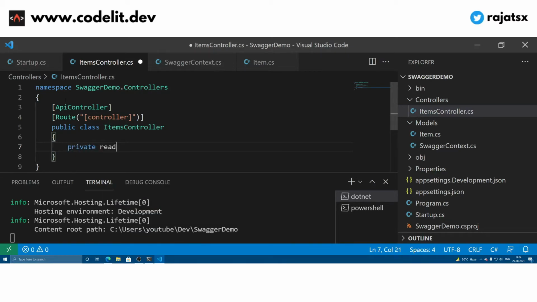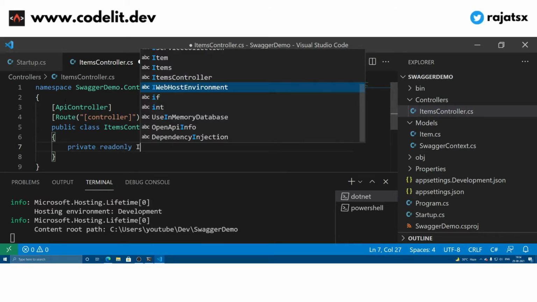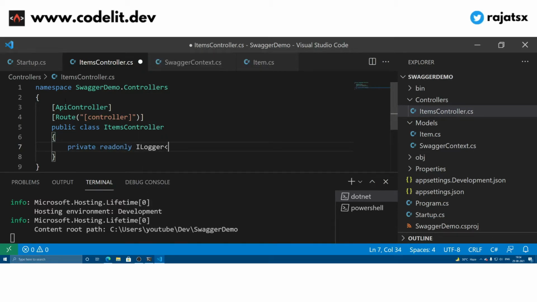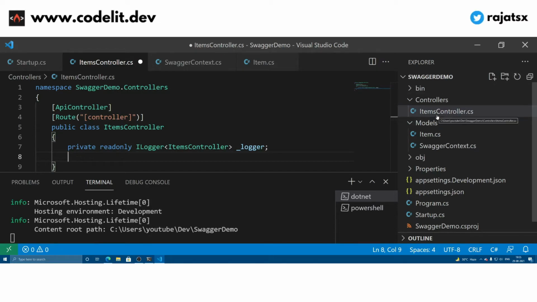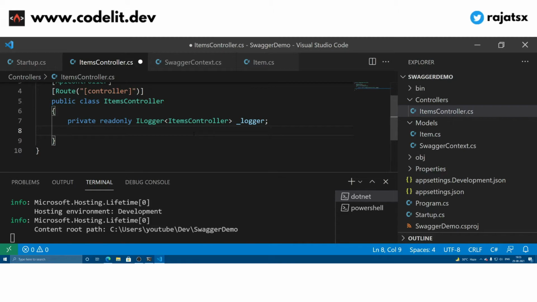So private readonly ILogger ItemsController. So we are just setting up the logger here. If we might not have deleted the other default controller, you might have gotten all that stuff from there as well, but for brevity I am typing it down manually.